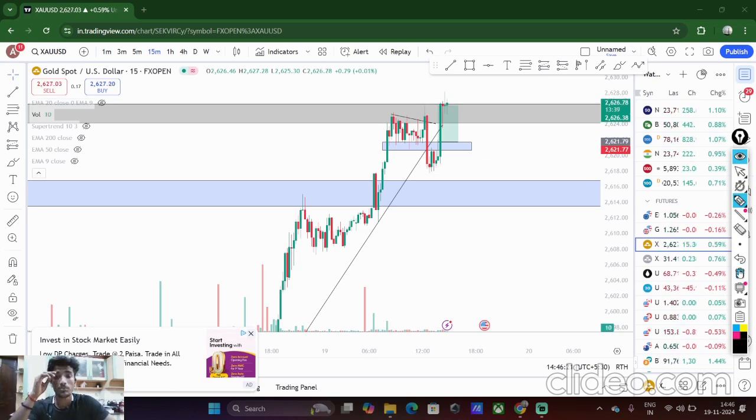So yeah, that was the plan for the trade, and the reason for my exit here was again a round number. If you can see, my exit is around 2626, right? But when it was seen that the round number of 2625 was broken in one go, and it was also the break of the previous retracement, and thus into a fresh liquidity zone, I was bracing for a reversal, and I knew that the round number and the break of the previous retracement creating a new recent high would give liquidity,